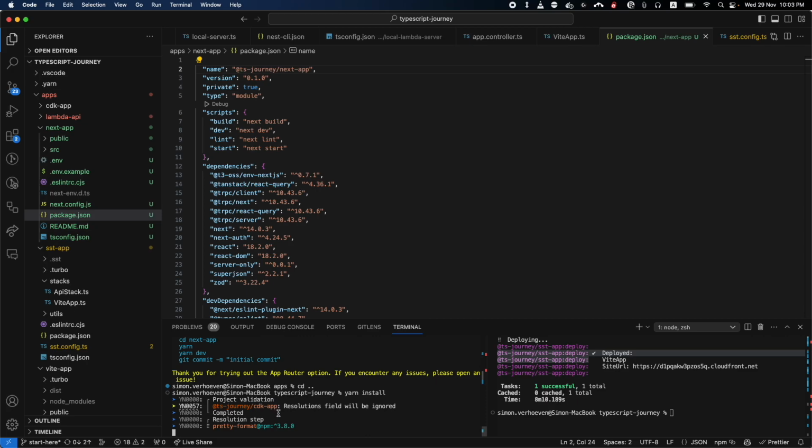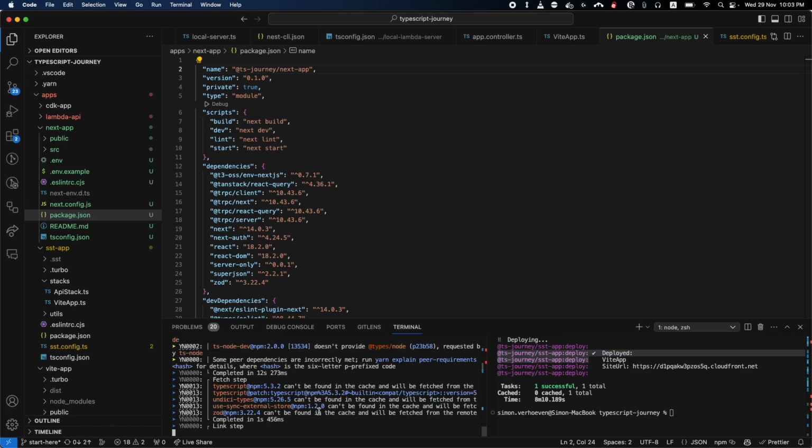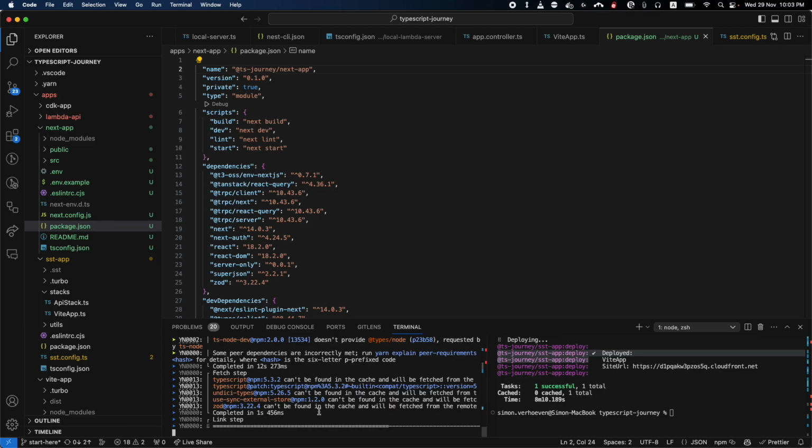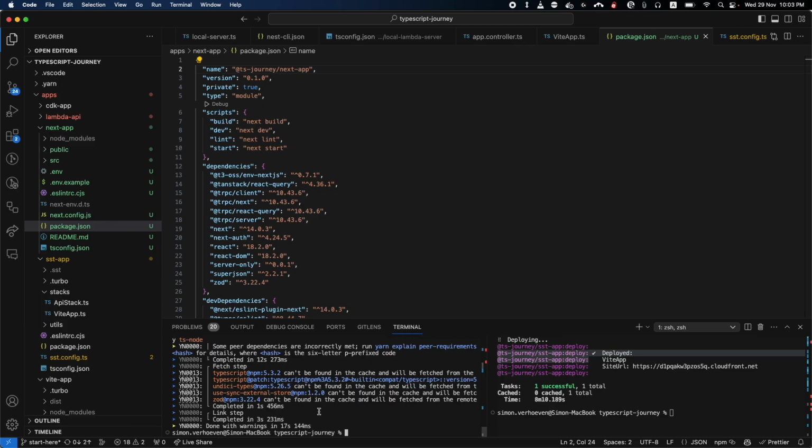And this is where something like yarn upgrade interactive is useful, because now we could go through and make sure that all of our packages are on the same version of React, for example. Okay, so that's done. And because the scripts match up, so we have the dev, the lint, start. Now if I run yarn dev from my root directory,